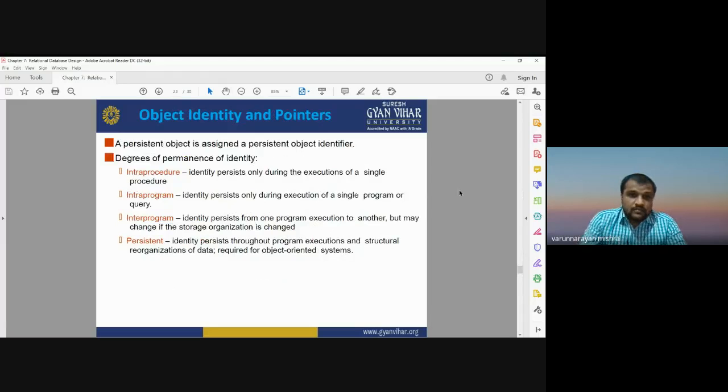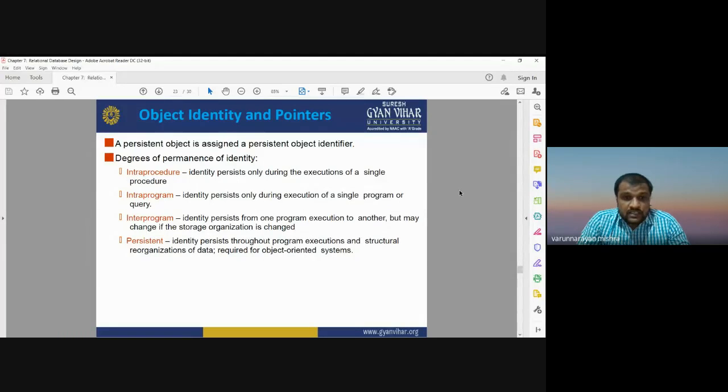Object identity and pointers. It is very important when we are going to identify an object. A persistent object is assigned a persistent object identifier. The degree of persistence of the identity is intra procedure, intra program, inter program, or persistent.